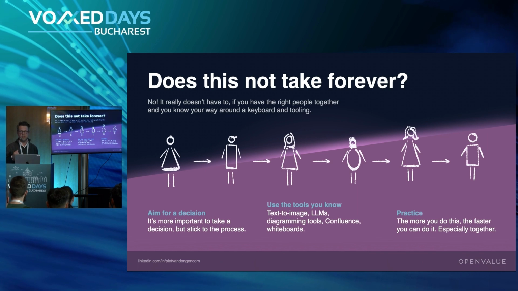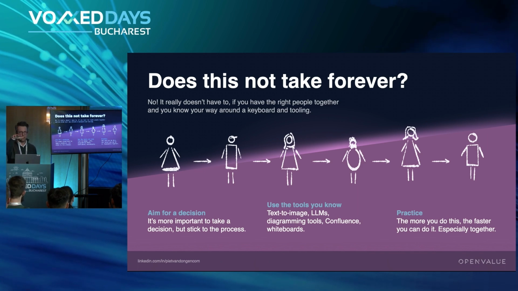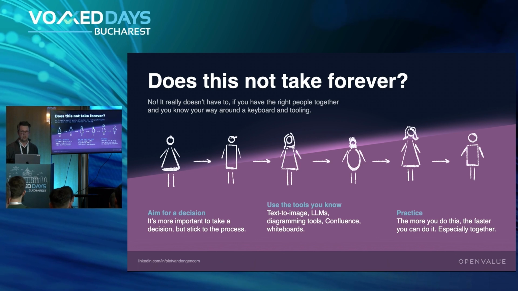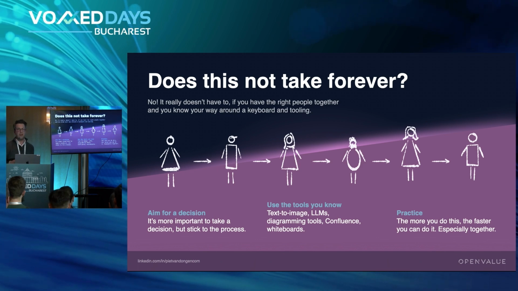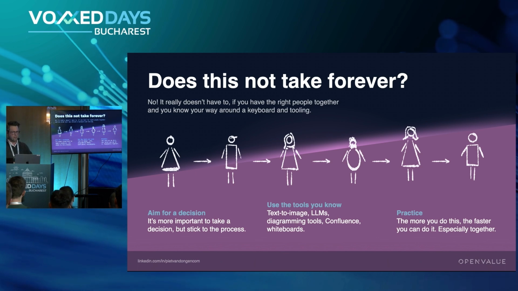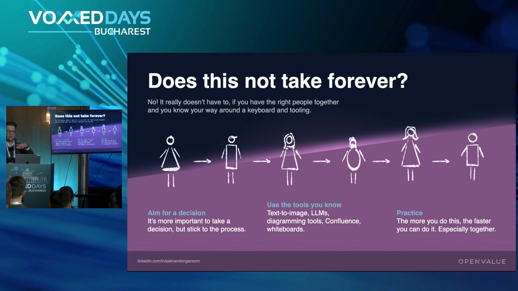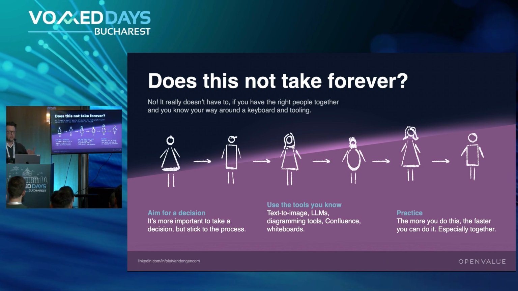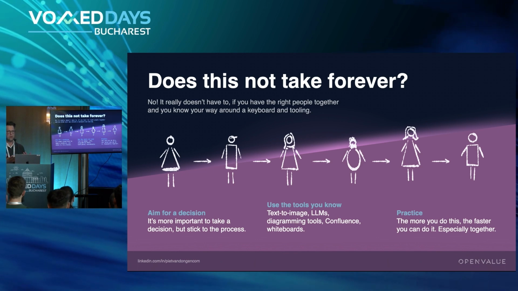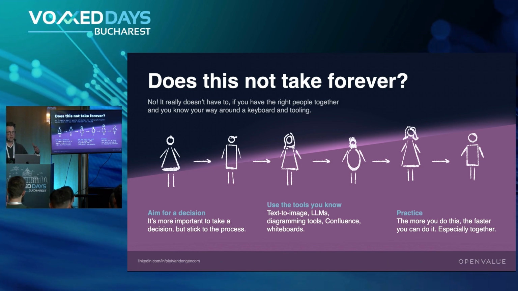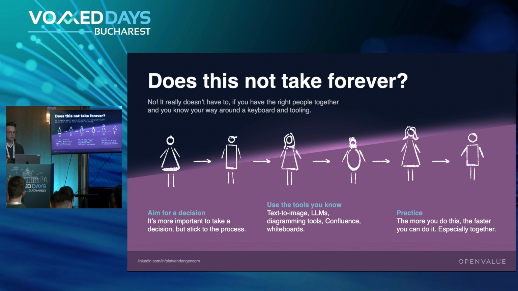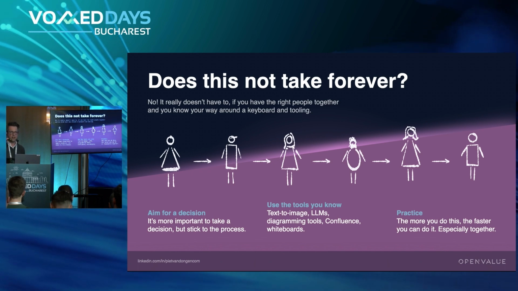So if you need to make a decision quickly, then you need to keep the goal in mind. We need to make a decision. You need to not make no decision. That's important. If you have tools that you're already familiar with, which was part of the, I proposed this at a workshop, and we would have delved into the tools, but we don't have time. But if you have tools that are quick to use, or if you want to make an image, for example, or a systems overview, you can use Mermaid, for example, to quickly create it with text.